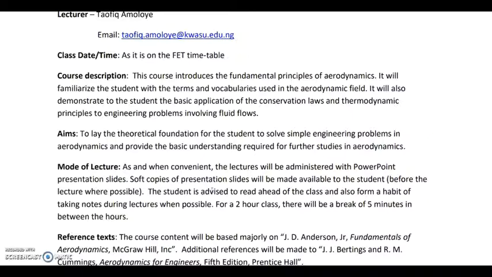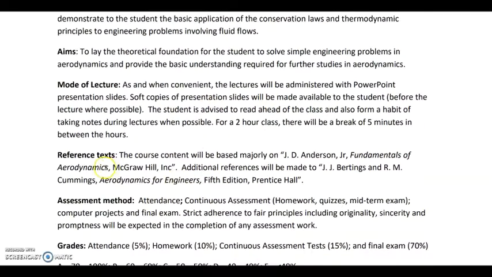The hope is that the soft copies of the slides will be made available to the students prior to the class. When that is the case, the student is advised to read ahead of the class, and also to take the habit of taking notes during lectures. For a 2-hour class, there is going to be a break of 5 minutes in between the hours. The textbooks that will be used for this class are